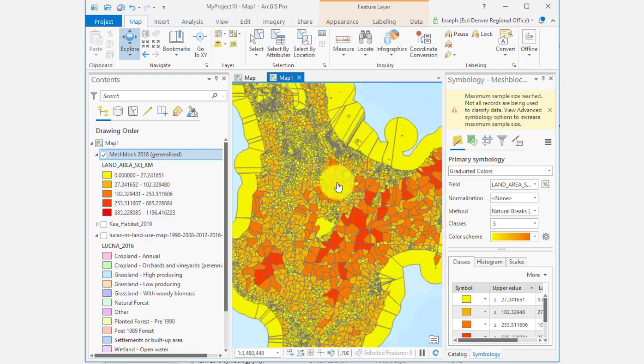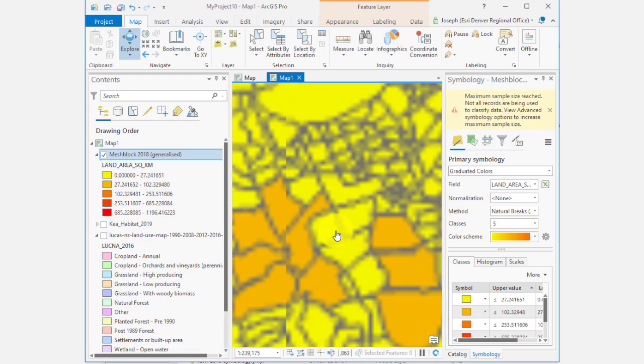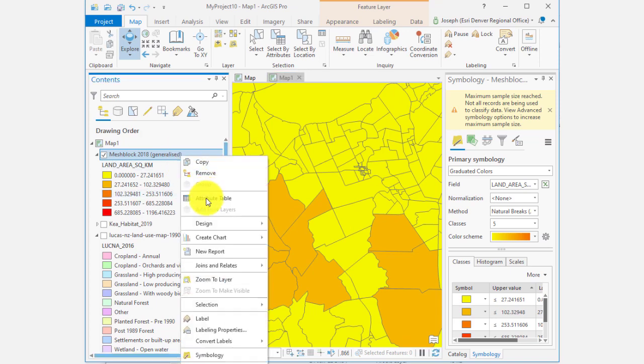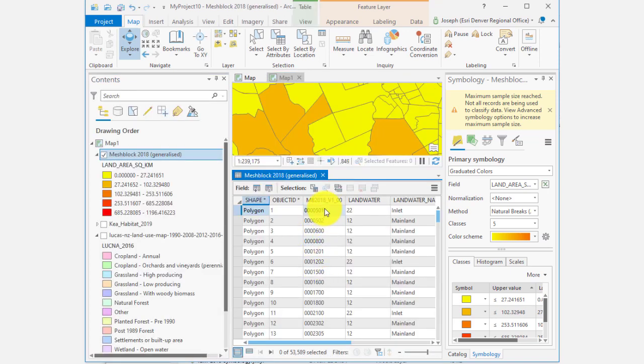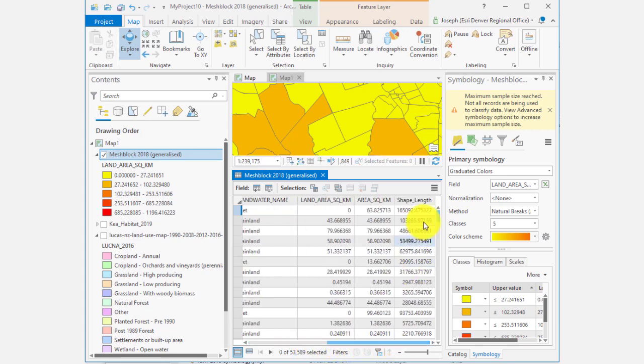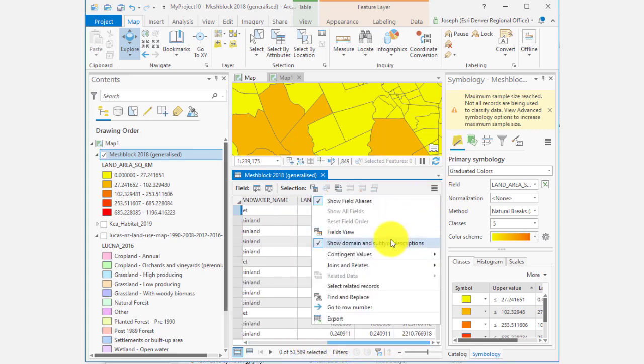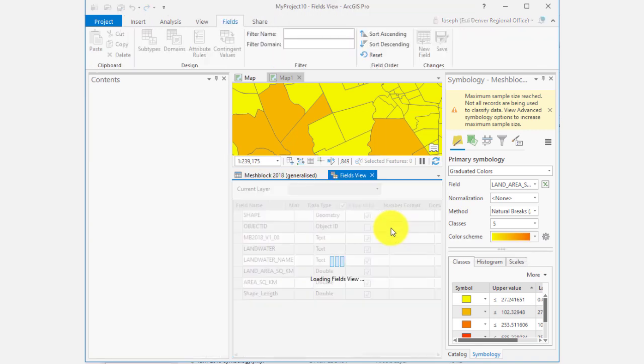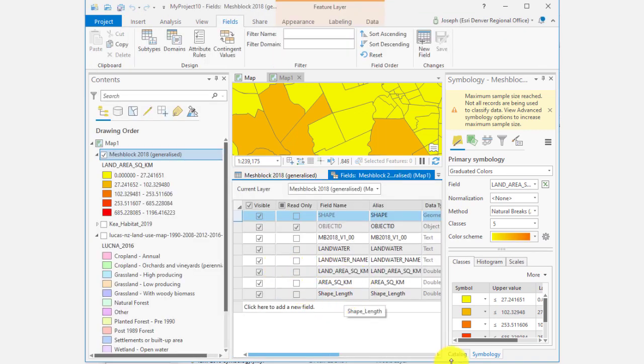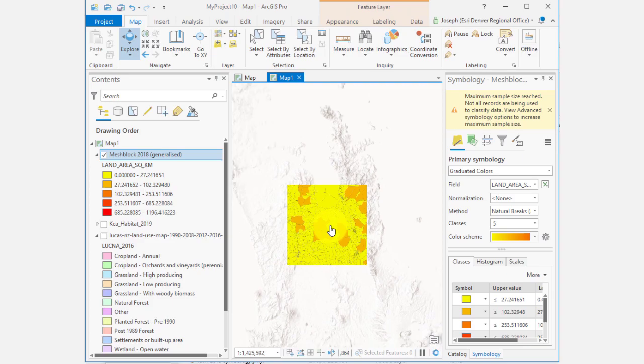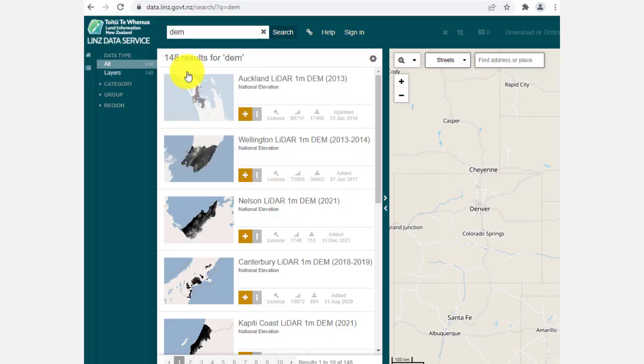We're not going to spend time in this particular video to download the census data, but what you will do is you will join that census data, or national statistics data if you prefer that term, to the blocks, block groups, census tracts. In this case, of course, they're called mesh blocks. So we're going to look at the fields view. When we're going to join the data probably later on, we're going to use this MB 2018 V100 code. It probably is the code we're going to use in there. But we've got the geometry now that we can start mapping census or national statistics data later on. And again, we're downloading that from